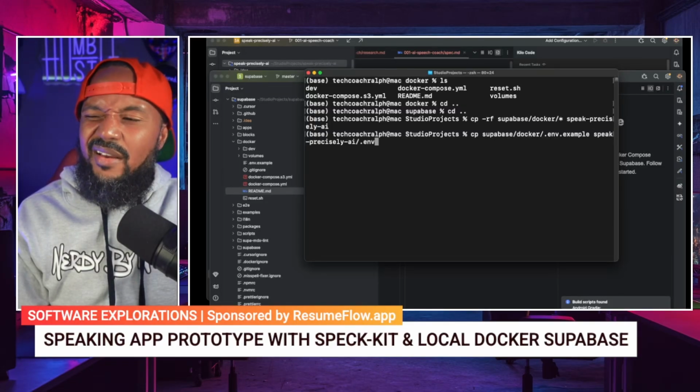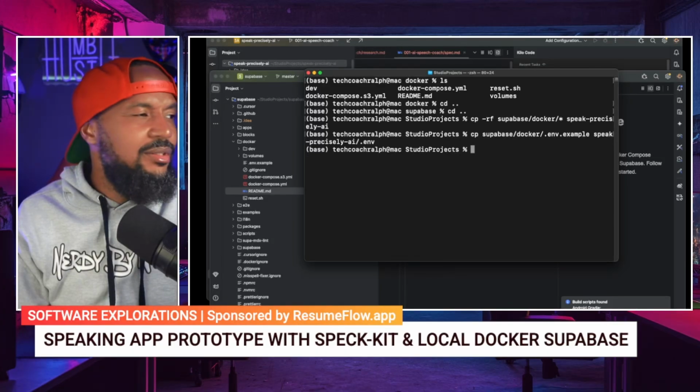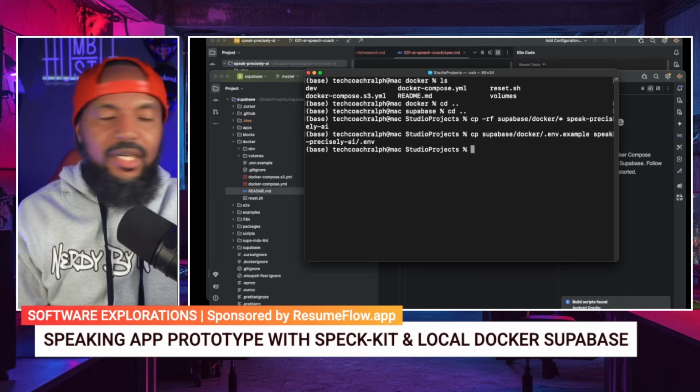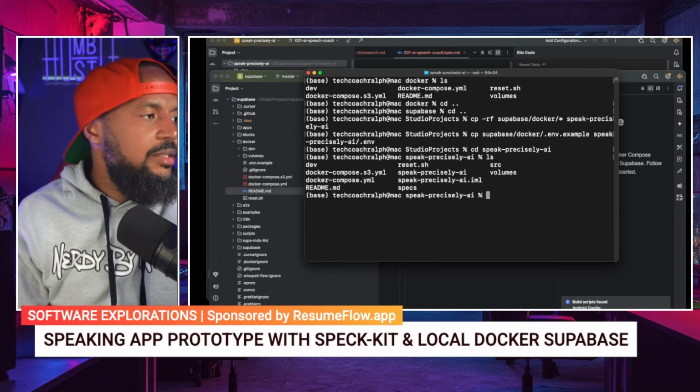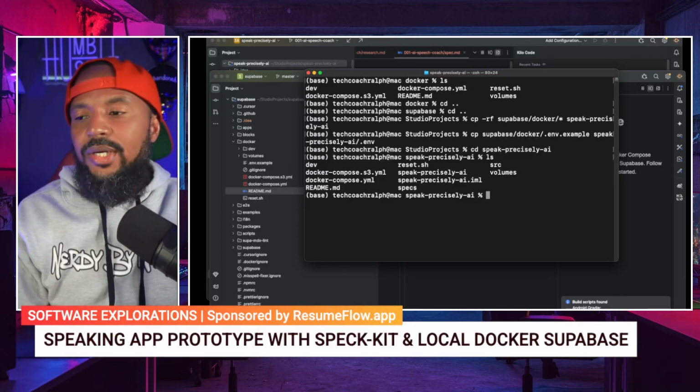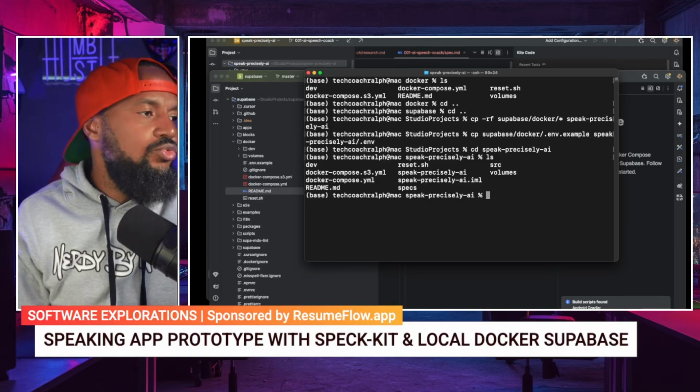Is that right? I suppose. All right, we can always move it later, right? So let's say cd speak precisely AI, ls. Oh, okay. Shoot. So I copied the